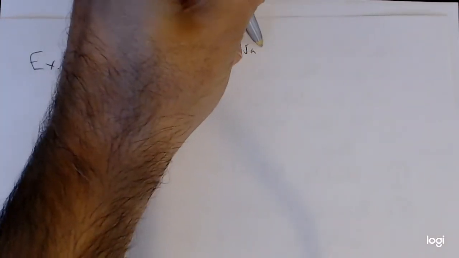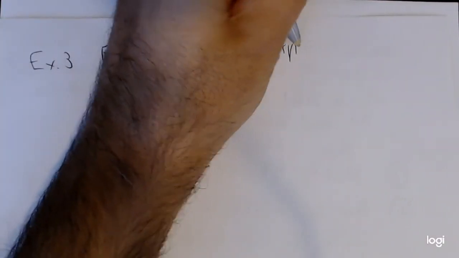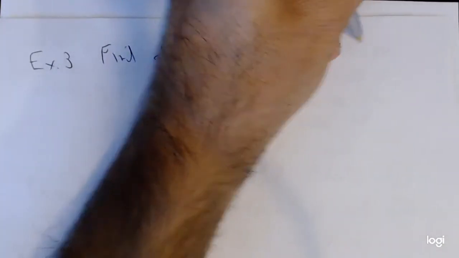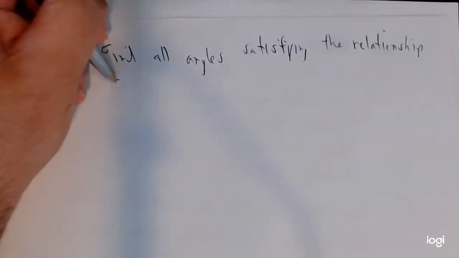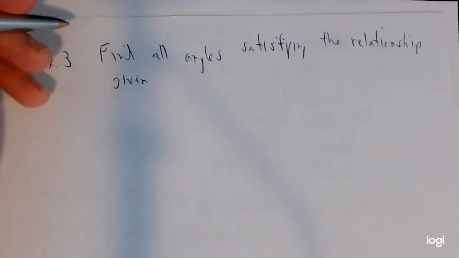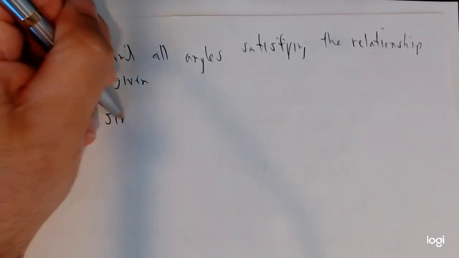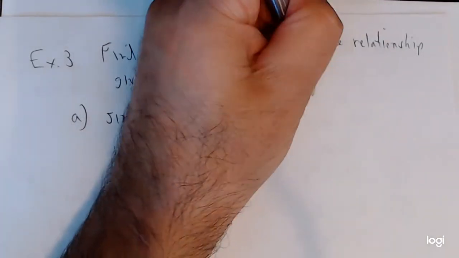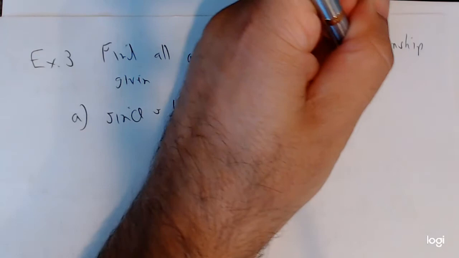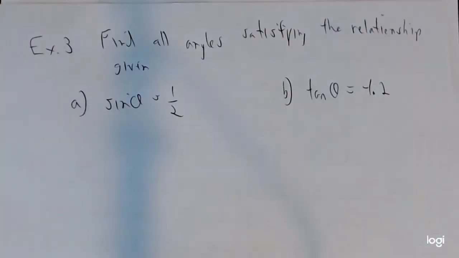So find all angles satisfying the relationship given. So A, sine of theta is 1/2, and B, tangent of theta is -1.2. Okay, now one of these two we're going to need to use a calculator, and I think you pretty much will be able to tell, because see,